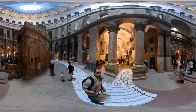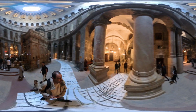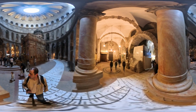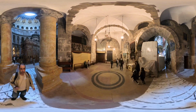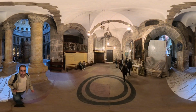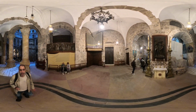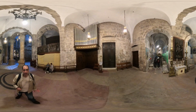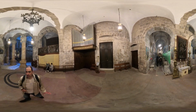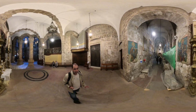This is the tomb, and it is managed by the Greek Orthodox Church. Just to the left of the tomb where I am going, there is a chapel, and this is called the Chapel of Mary, and this is managed by the Roman Catholic Church. This chapel is here, and it's called Chapel of Mary because after Jesus resurrected from the dead,